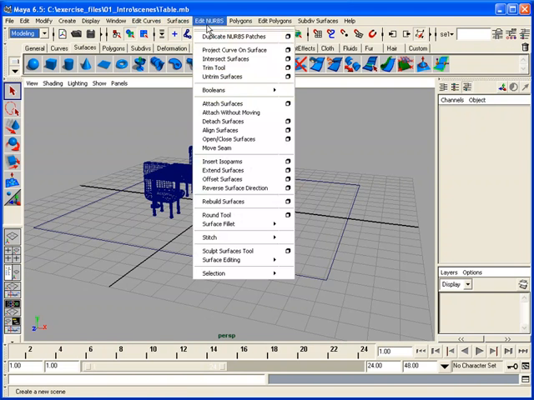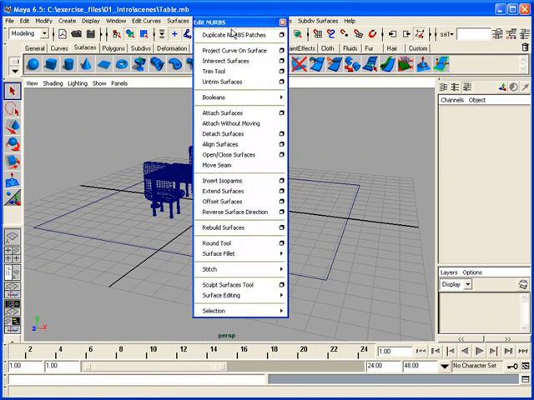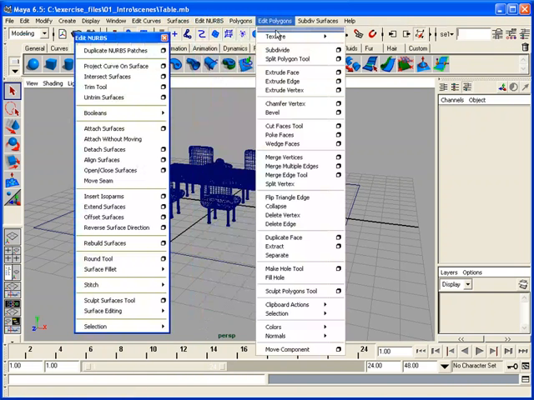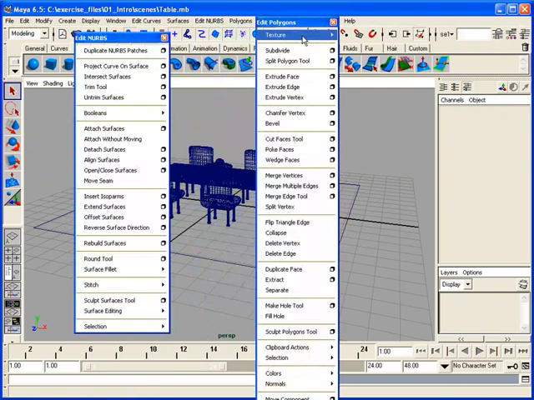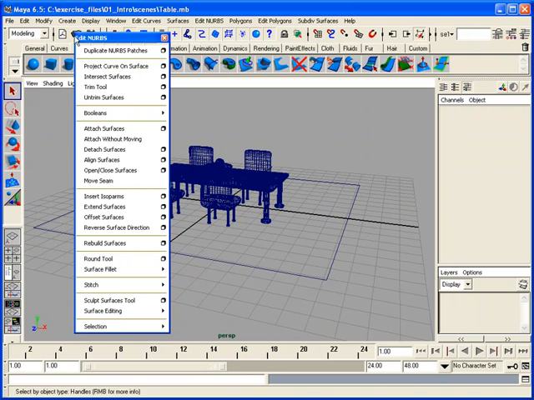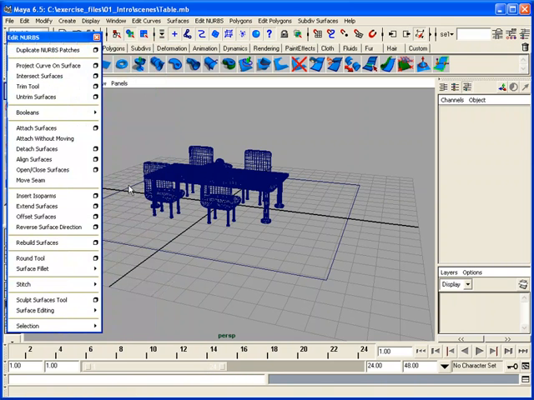One thing I do want to show you is that you can tear off menus. So if I have a menu here, all I have to do is double click on this little bar, and that can actually tear off menus. So in some respects, you can have different menus open. So if you're modeling, you could actually have something like that open and keep it up all the time